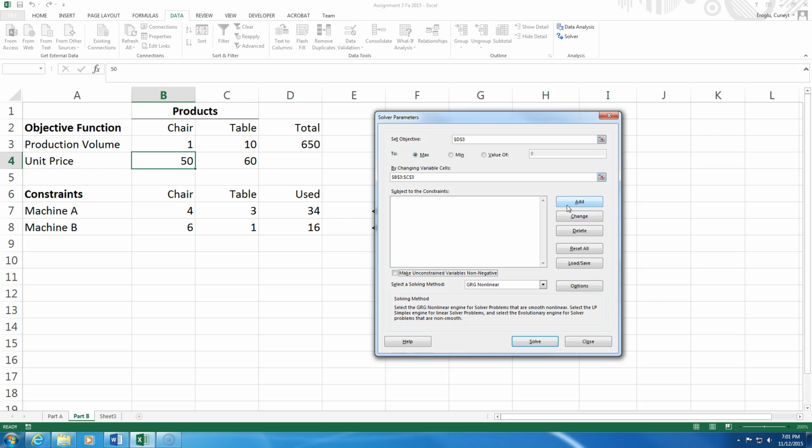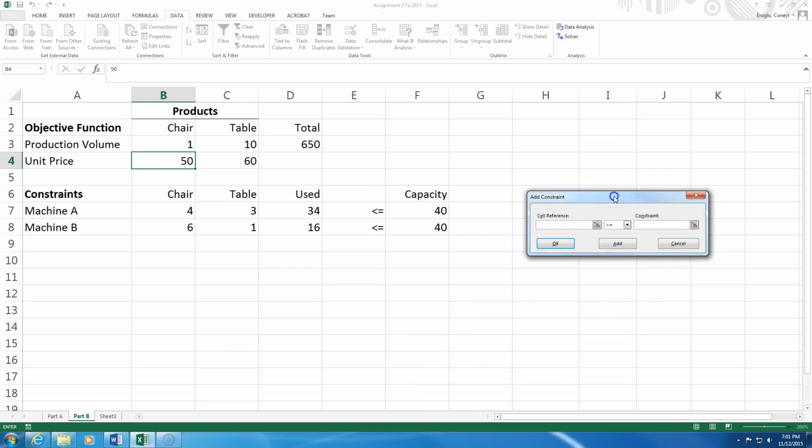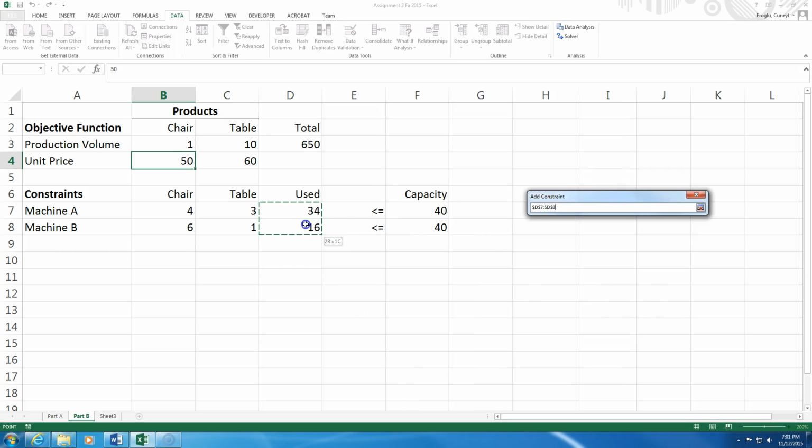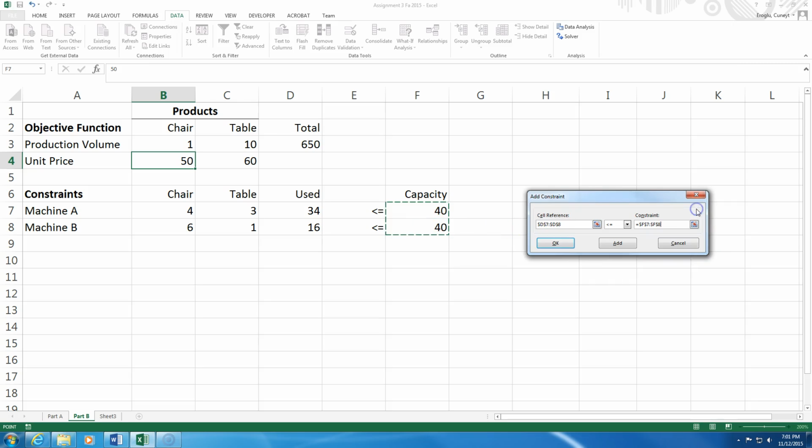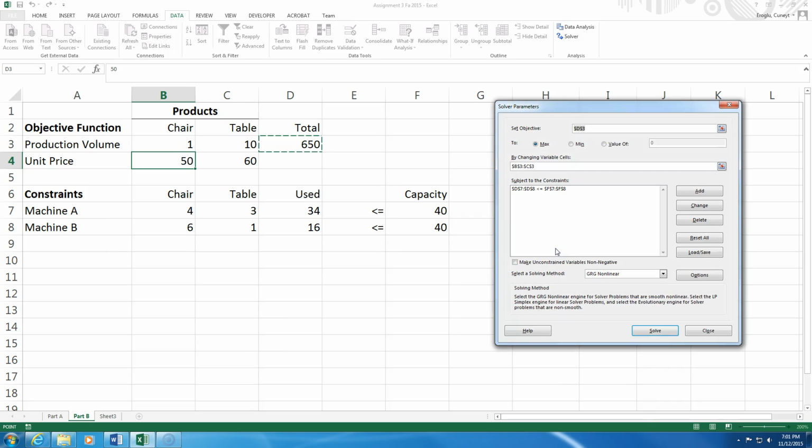So I'm going to click add here. Okay. Now the actual usage of these machines should be less than or equal to the capacities. Okay. And I want to make sure that the number of chairs and tables we make are